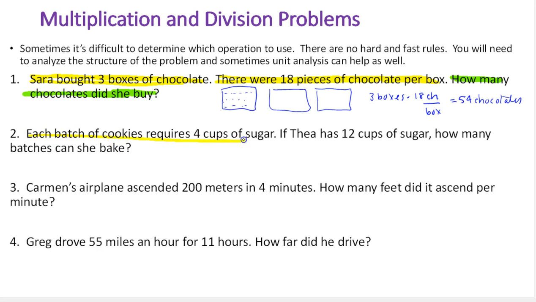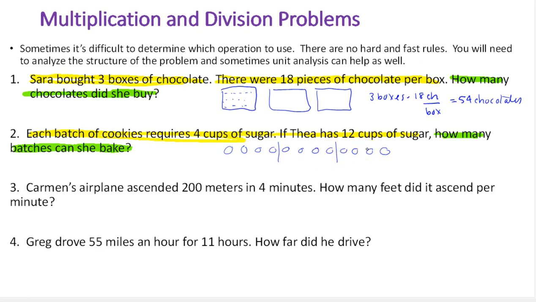Each batch of cookies requires 4 cups of sugar. If Thea has 12 cups of sugar, how many batches can she bake? Okay, so again, draw a picture, visualize it. So each batch of cookies requires 4 cups of sugar. Okay, but then I see she has 12, so I know she has them, so I want to draw them. 1, 2, 3, 4, 5, 6, 7, 8, 9, 10, 11, 12. In my mind, I could see the see-through cups filled with sugar. There's 12 of them. Each batch requires 4 cups. So 1, 2, 3, 4. That's 1 batch,